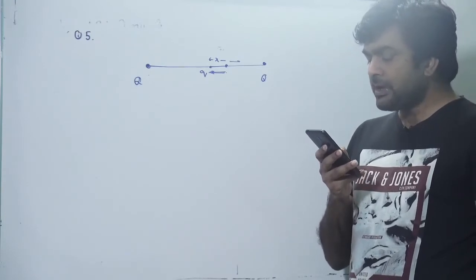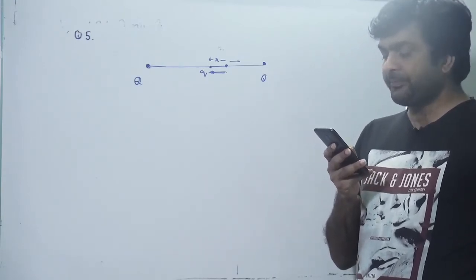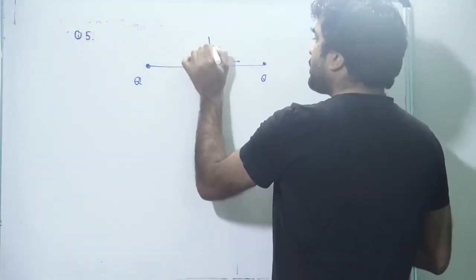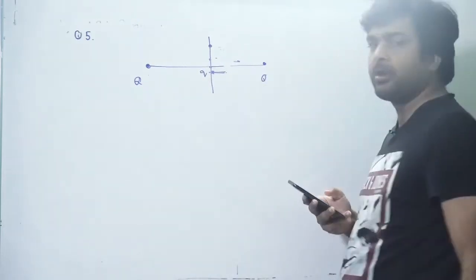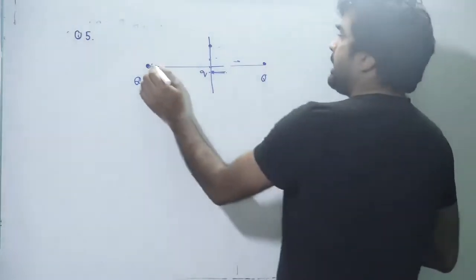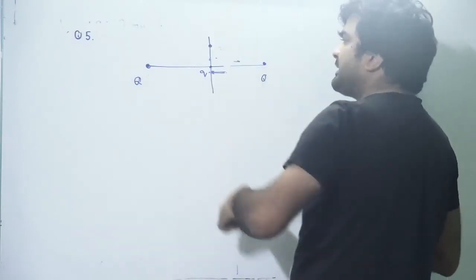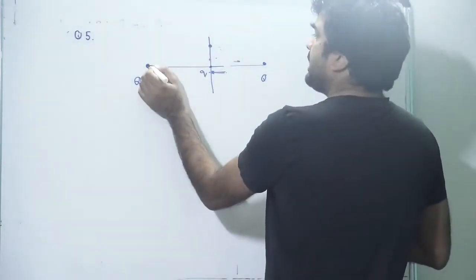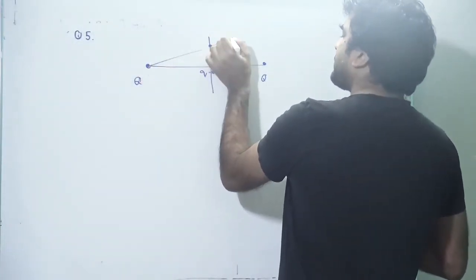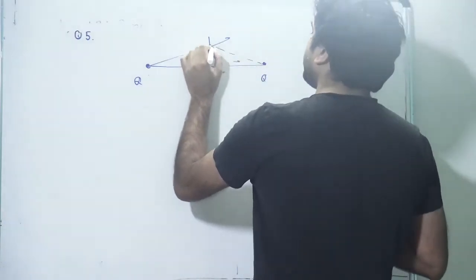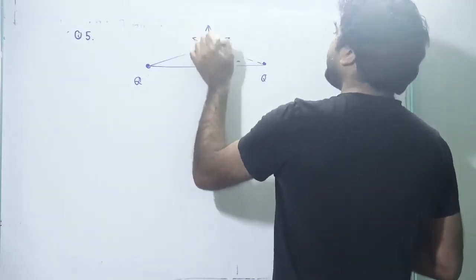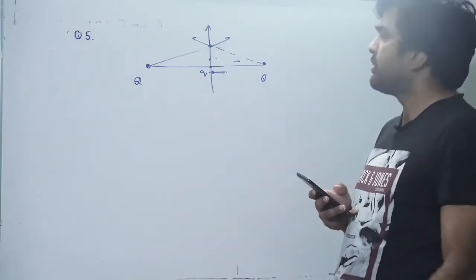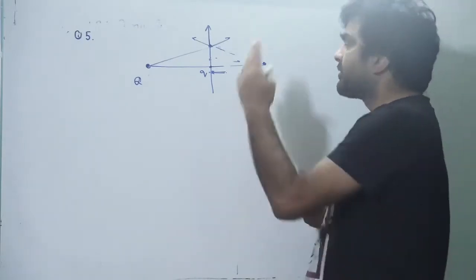q is positive and delta is perpendicular to the line joining the charges. If q is positive and the small displacement is perpendicular to the line joining the two charges, in this condition, along this line the charge won't be in stable equilibrium, because if it is slightly displaced, this positive charge will repel in this direction, this positive charge will repel in this direction. So the net force will be away from the mean position. It will never come back to the mean position. So it is in unstable equilibrium along this line.